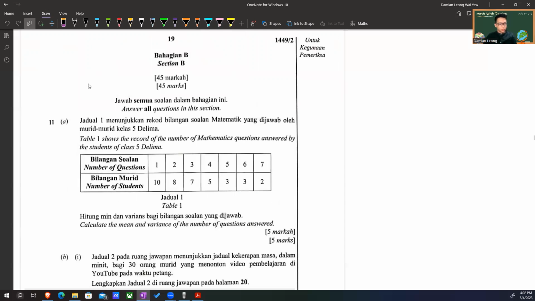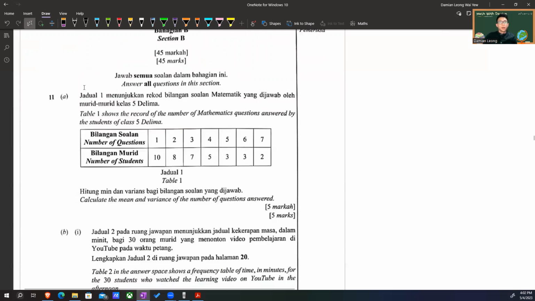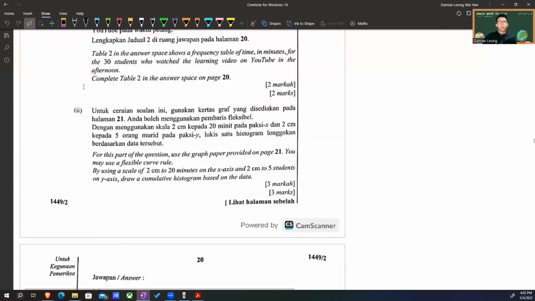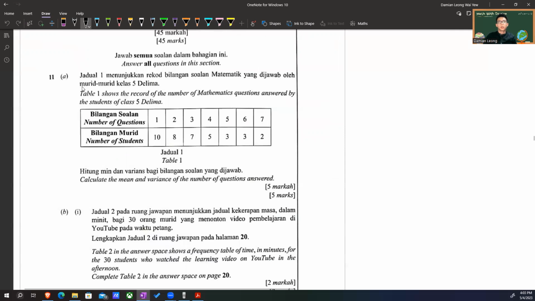Then Section B questions. So we look at question 11. Calculate the mean and variance of the number of questions answered. So I want the mean and the variance. Let me do it here. Mean is quite straightforward. Basically it is the sum of frequency times number of questions over total frequency. So I just take 10 times 1 plus 8 times 2 plus 7 times 3